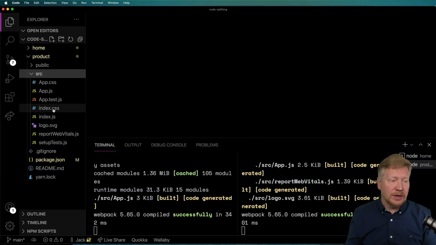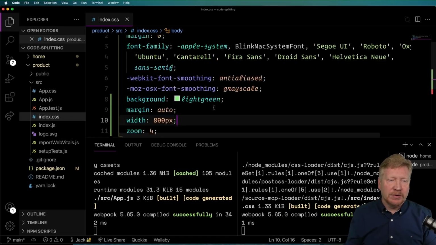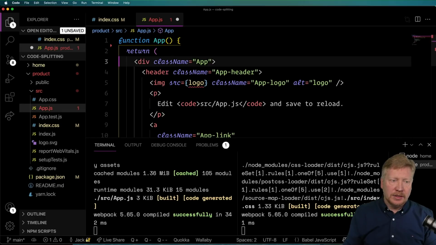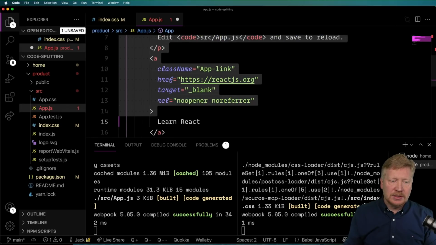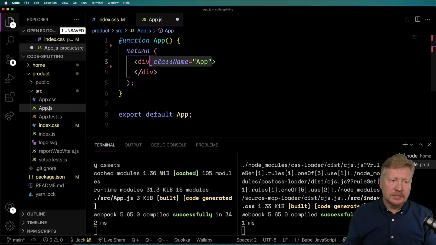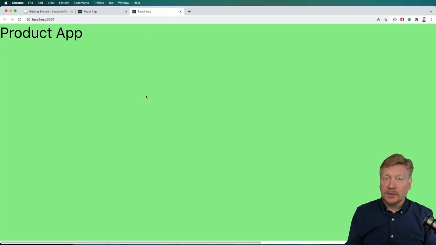I'm going to go over into our index.css. And in this case, I'm going to make the background light green, but everything else is going to be much the same. Over in App, I'm going to go and get rid of most of it. And then we'll create a div in there called product app. Nice. So now that we can get a sense that these two are different, let's go and change that title